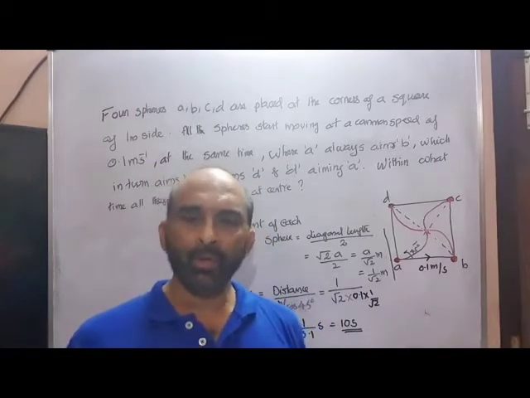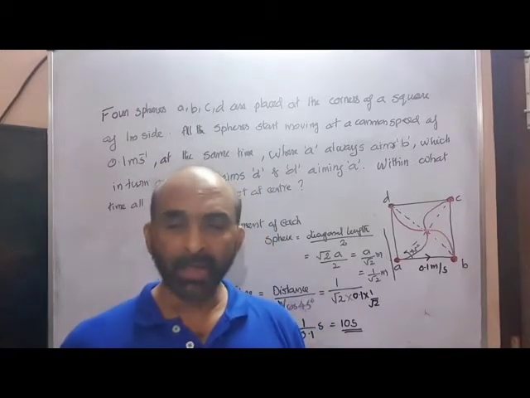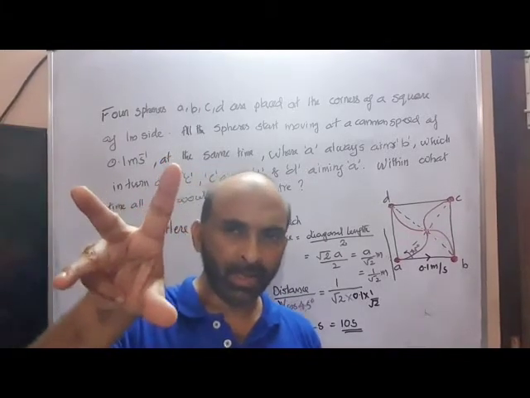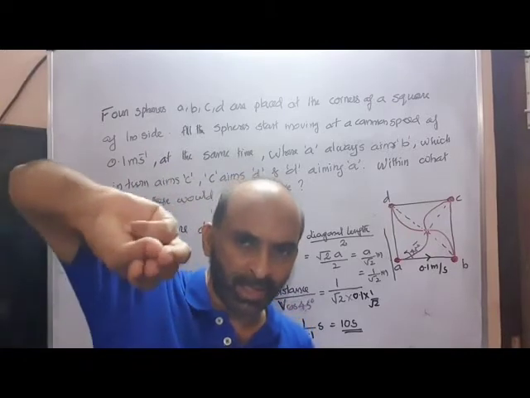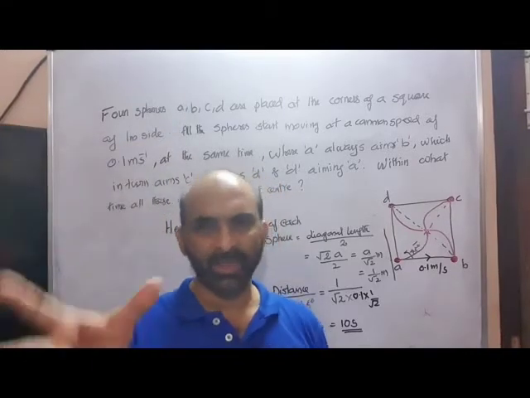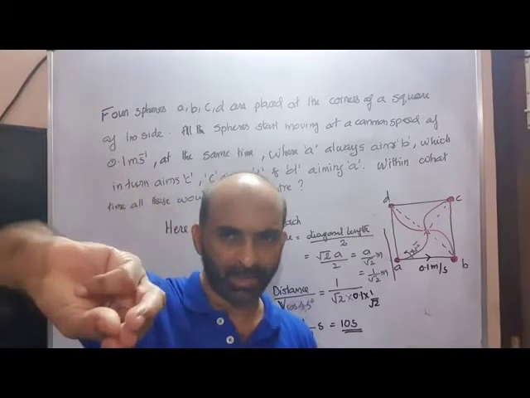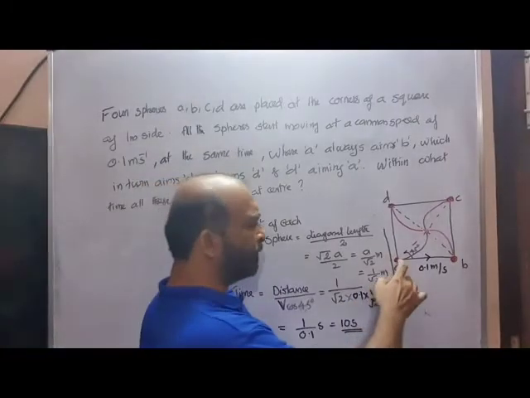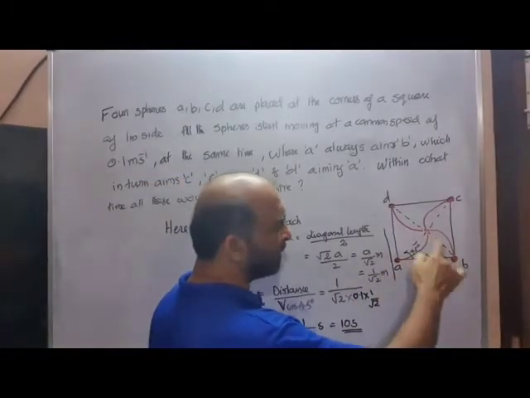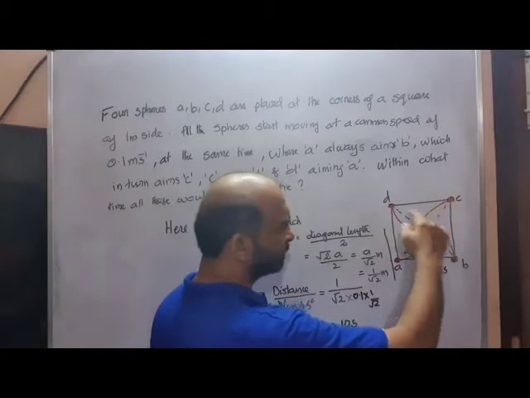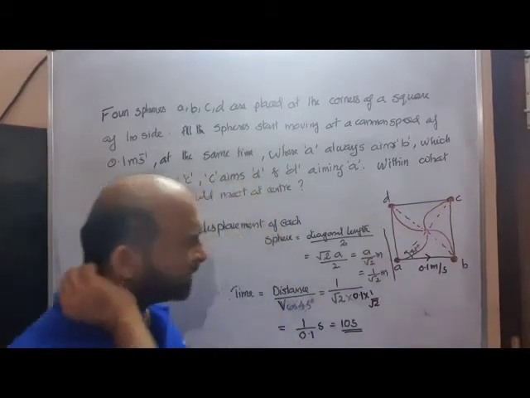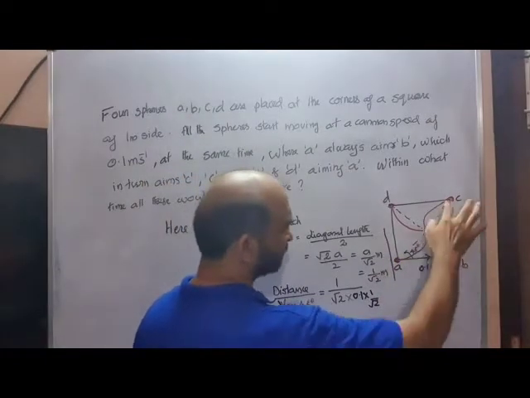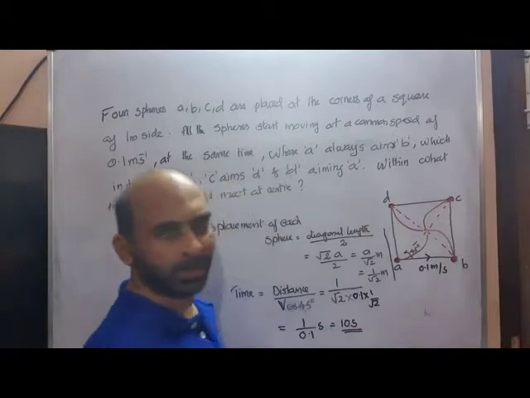See, when all are aiming at the neighboring sphere and move, what really happens is that they move like this until they meet at the center. It is difficult to show, but something like that happens. See, the path of each sphere is parabolic. But if we consider this as velocity, the displacement is linear, like this. Okay.